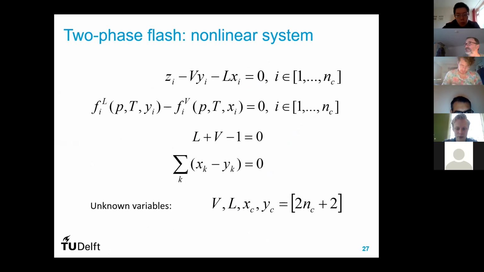Okay, what is the timing? Yeah, we don't have too much time to go through the two-phase flash this time. I will do it next,